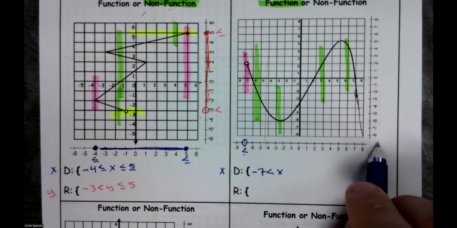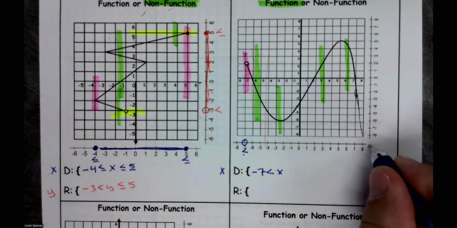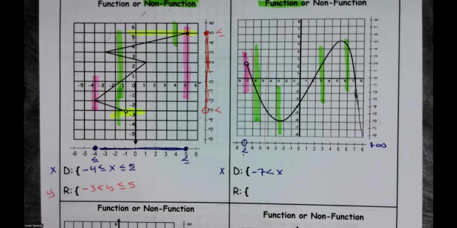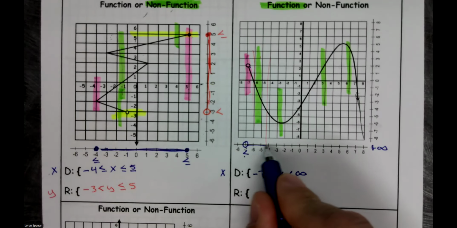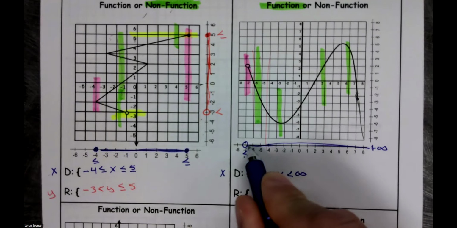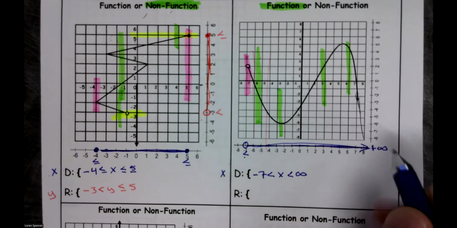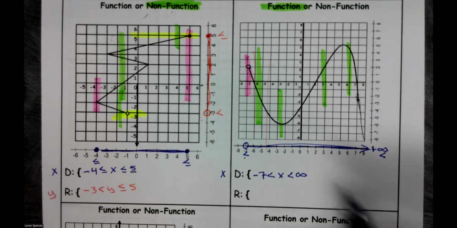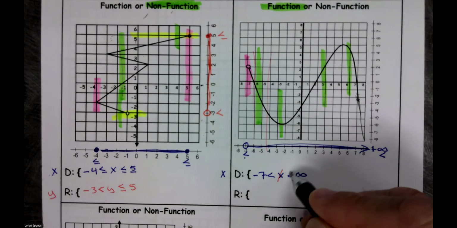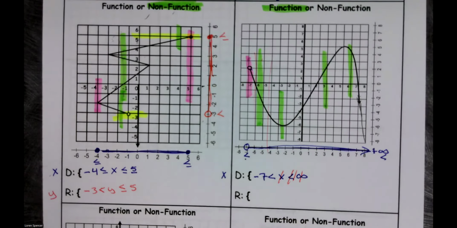And I have an infinity. Well, I'm continuing to get wider and wider in the x direction. So this actually goes to infinity. And I'm going to call it positive infinity because it's approaching infinity from the positive direction. So we have less than infinity. We can't ever get to infinity. Anytime you have infinity, it's just going to be that symbol. But in our answer, we don't leave that. So now I have